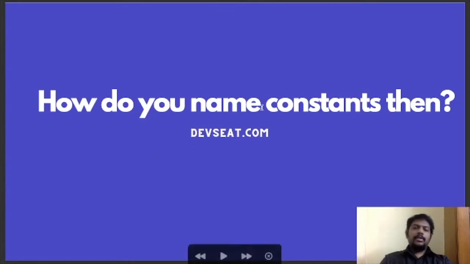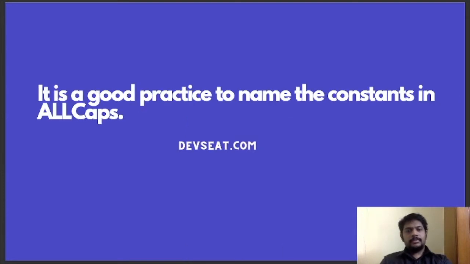Then we have seen how to name variables. Variables are nothing but one type of identifiers, and we will see constants as well. Constants are also one kind of identifiers. It is a good practice to name the constants in all caps.